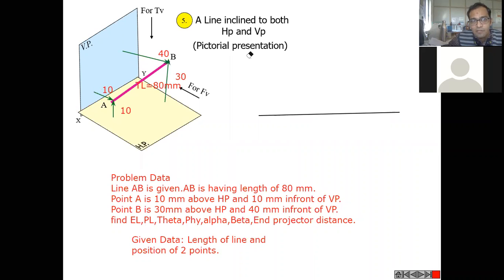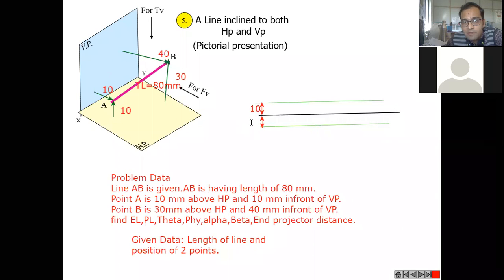Now let us position the point A. Point A को position करते हैं. कैसे position करेंगे? तो इस reference line पे we are aware that point A is 10 mm above HP, 10 mm in front of VP. So we'll be drafting two references to have locus of A dash as well as locus of A. ये कितने mm distance पे हम लोग draw कर रहे हैं? 10 mm distance पे. So this is going to be 10 mm and this one is also going to be 10 mm. जो ऊपर वाला region है उसे बोला जाएगा